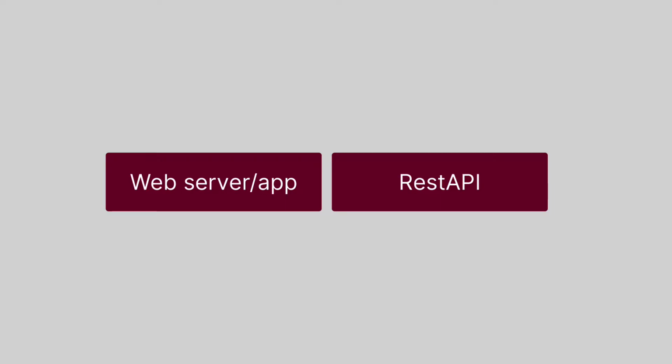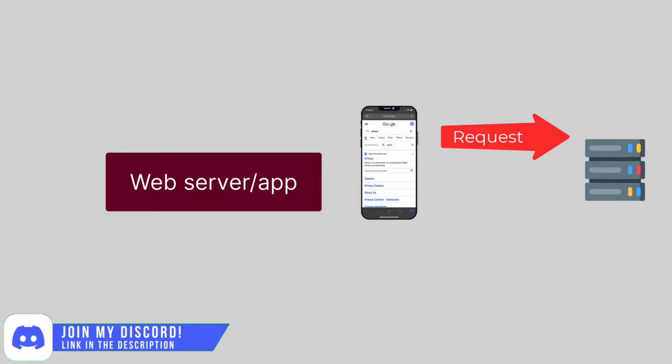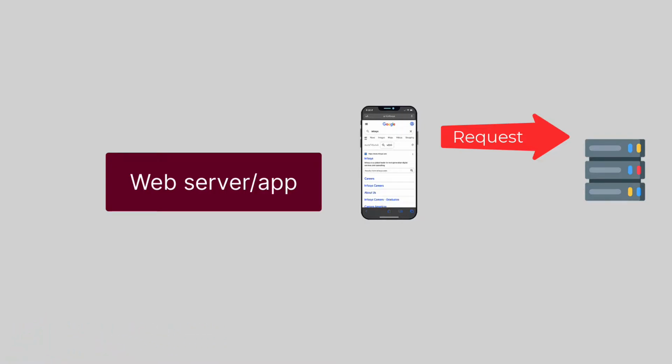Okay, two big words, web server and REST API. So what is a web server? Basically, if you need some information on the internet, you would either search in Google or visit a website. So that means you're making a request from your laptop, mobile, or any other device that is connected to the internet to a server. So this server is going to analyze the request, understand what you need, and then give you